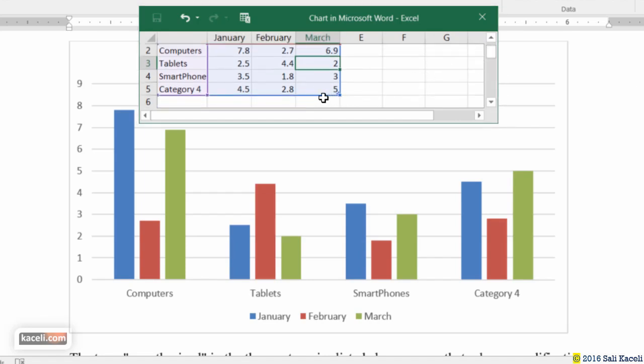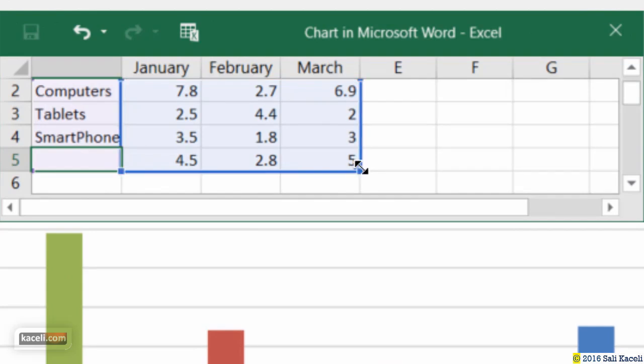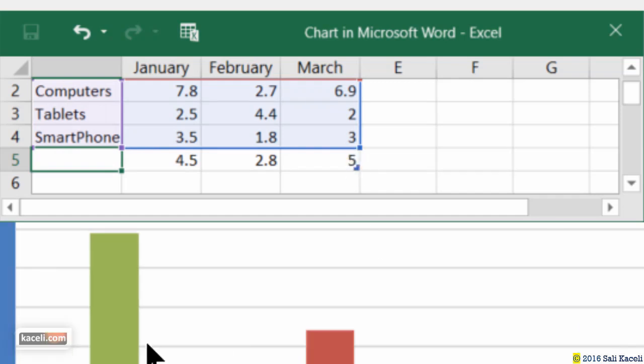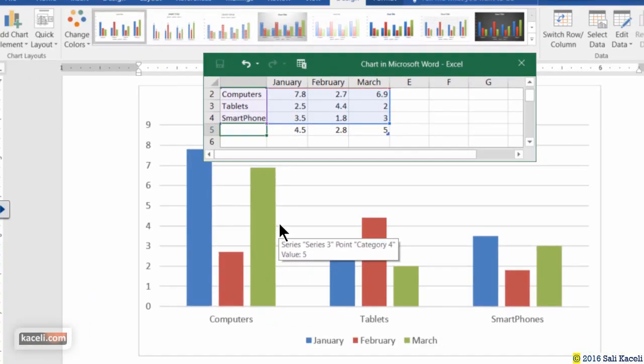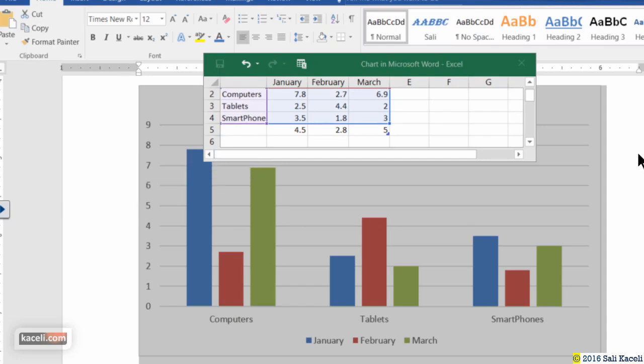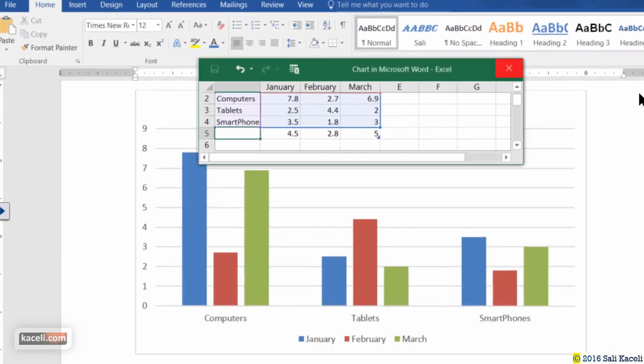notice that we don't need this category 4. What we can do here is actually exclude that. So instead of deleting it, because if you delete it, notice it just leaves it there, but blank. What you need to do is move this blue area, hold the mouse on it until it changes to a double arrow, and then drag it up. And let it go, and now notice the chart is automatically readjusting for your display in your document. Now, if I click outside of the chart or close this at any point,